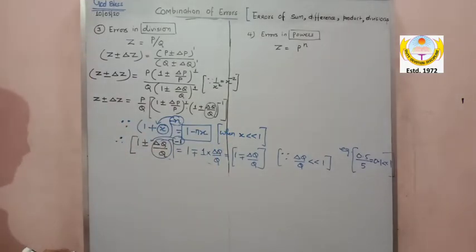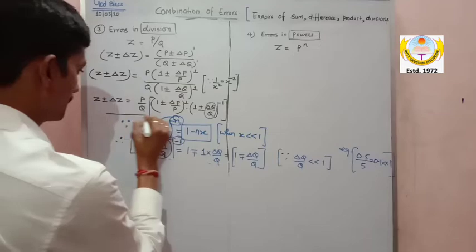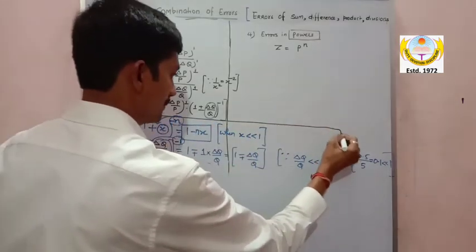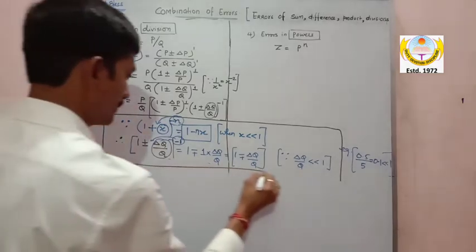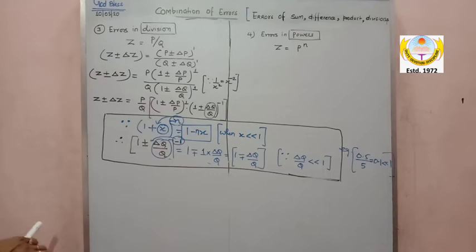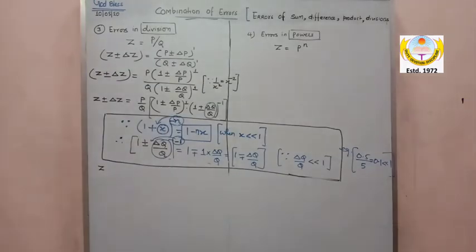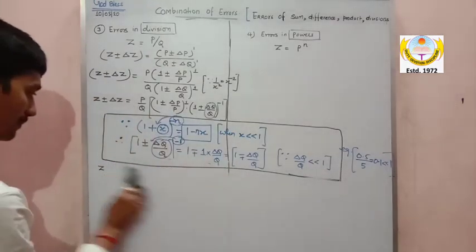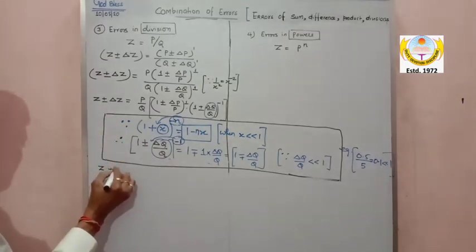I hope it is clear, my dear. So now let us go further to solve this. So this is all the concept. So now what will be the answer, my dear, here? This is z. Z plus minus delta z